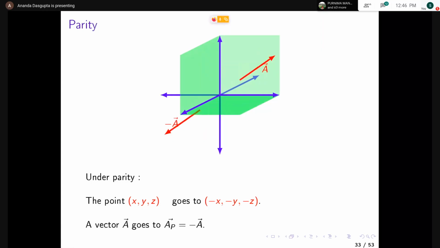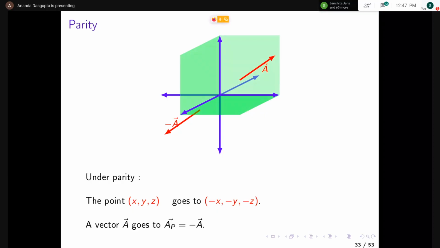So what happens to a vector under this? Because all my coordinates have reversed, all the vector components also reverse. So the vector A goes to minus A under parity. So realize that parity is in a sense always a bit more abstract than reflection. Reflection you can see in your daily life, you can see what happens in front of a mirror. Parity is more abstract. You don't get to see a parity operation done in real life that way. You don't have a special kind of mirror which will move you to the parity reverse position or produce an image in the parity reverse position. However,